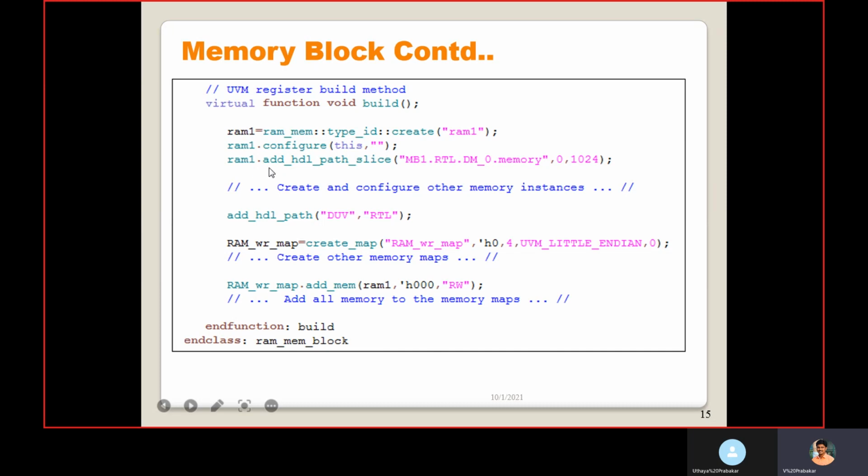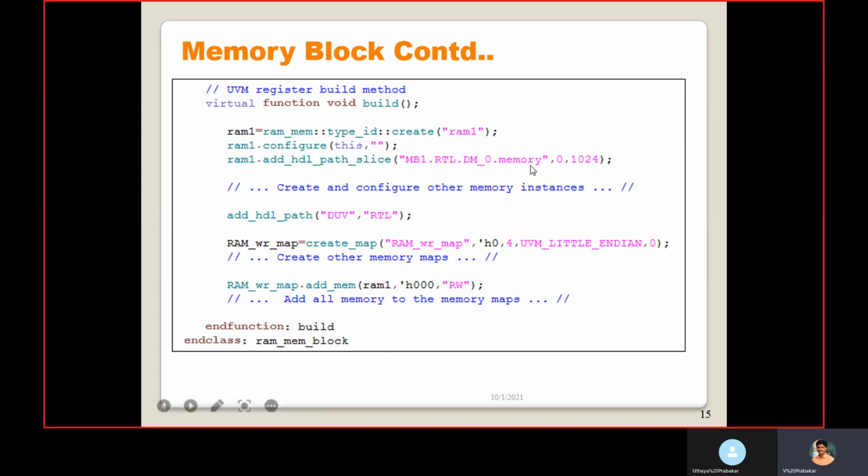Then I need to add the HDL path. RAM1 add HDL path slice. Path slice is for a particular memory. If you have multiple ranges of memories, this particular range, 1 KB, I have separately. So using path slice, you can mention the particular range of the memory.